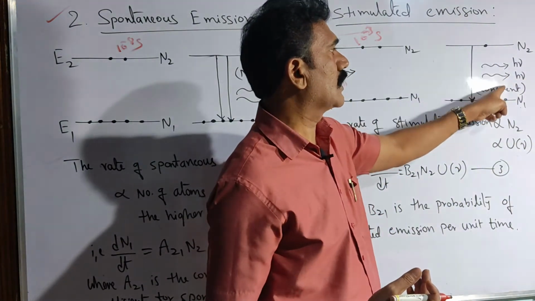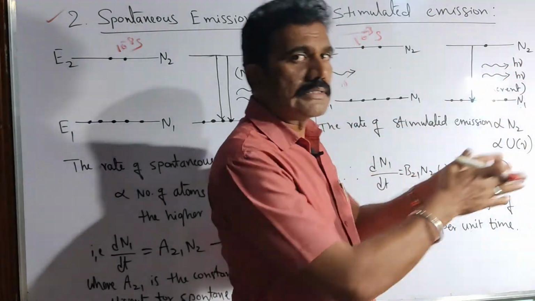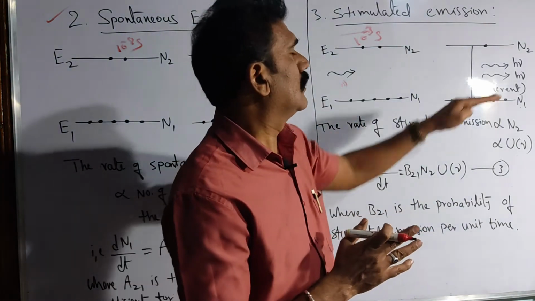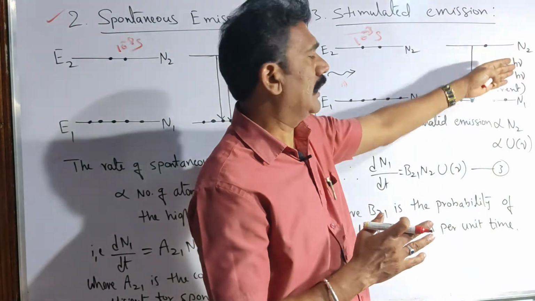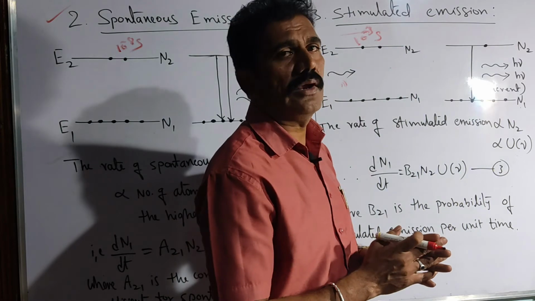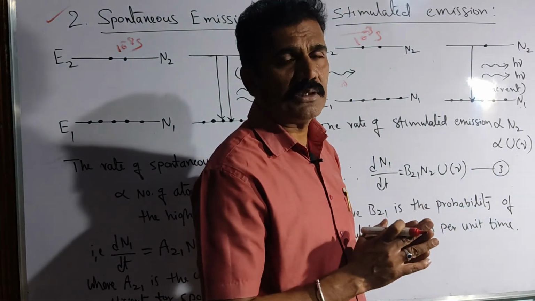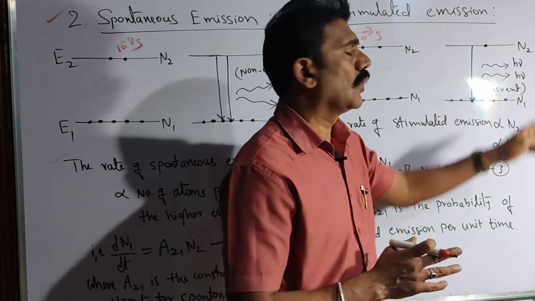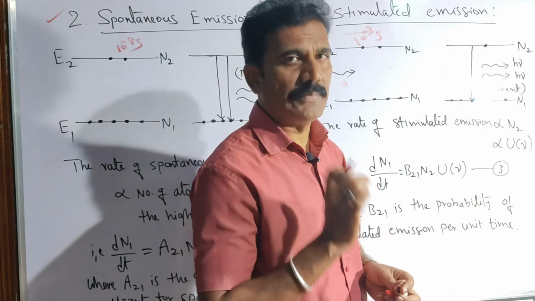So these two photons, if we compare, have the same frequency and travel in the same direction. Any number of photons can be emitted here, not only two. Any number of photons emitted due to the process of stimulated emission will have the right energy, right frequency, right wavelength, etc. So we can consider the photons as coherent. Light is considered as a coherent beam.